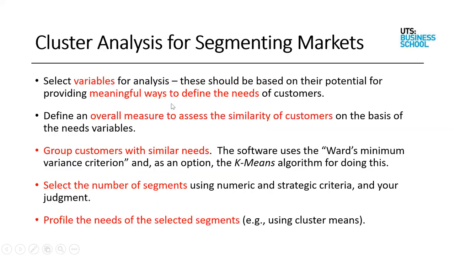All right, so cluster analysis was segmenting the markets. Now, all of these factors I have discussed in numerous different ways with you on the previous slides: you want to define the needs, you want to uncover the needs, you want to assess the similarity of the consumers. And similarity is a very important factor because that is what the software or the algorithms use as a segmentation criteria. So when you run these programs, the criteria used is called Ward's minimum variance criteria,